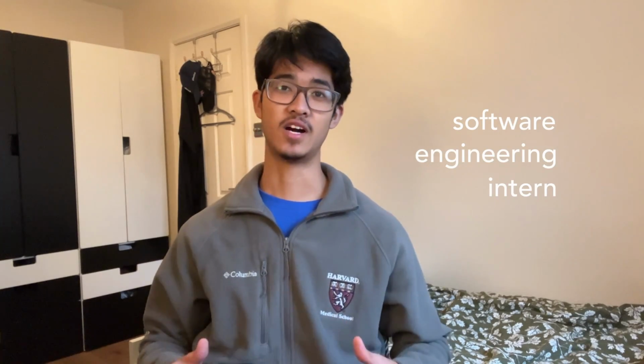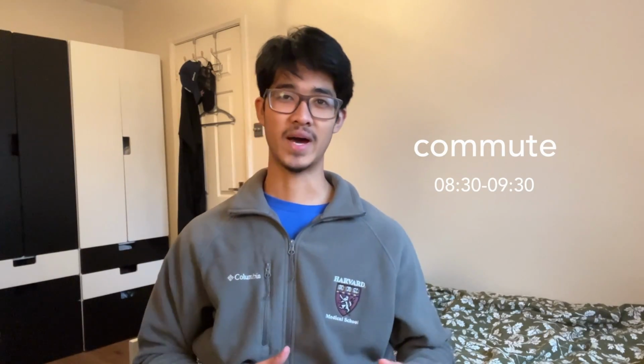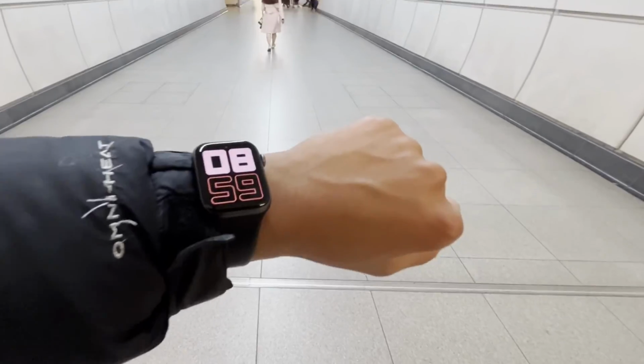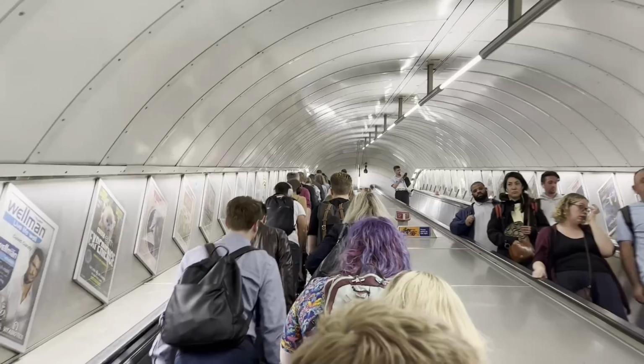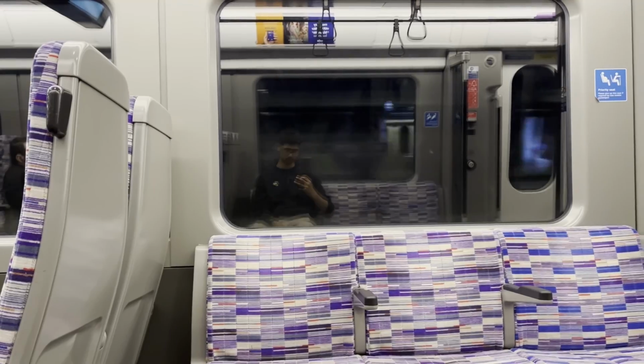Last summer, I was working as a software engineering intern at Sky, and here's what my typical day in the life would look like. So normally I'd be doing 3 days work from home, and then 2 days I was going into the office. The commute was around 1 hour every morning, and then on the way back as well, and that was by tube. This was a pretty long journey. It was a bit noisy and annoying as well, so it's a good thing that it was only 2 times